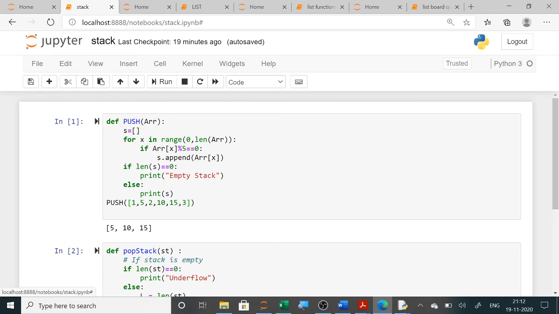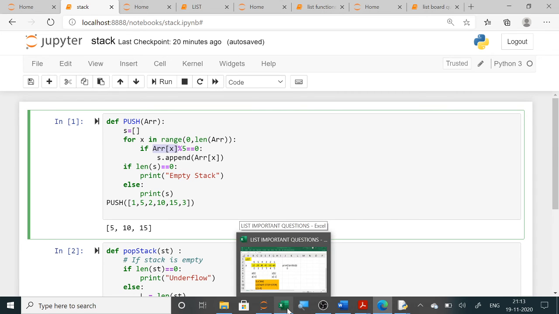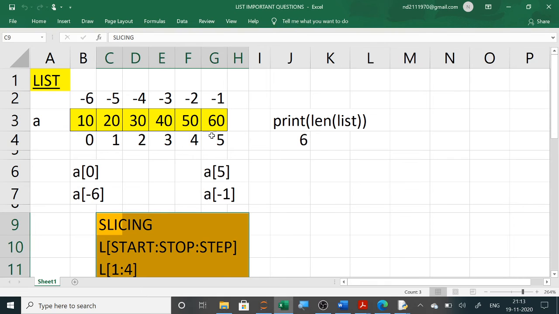I have used a function here and I am calling the push function, and array is my list. Now I have created an empty stack and then I am using a for loop from 0 to len of array. Each element I am taking using the name of the list and the index position in it. As you have already seen how to access each and every element, you have to use the name of the list and the index.